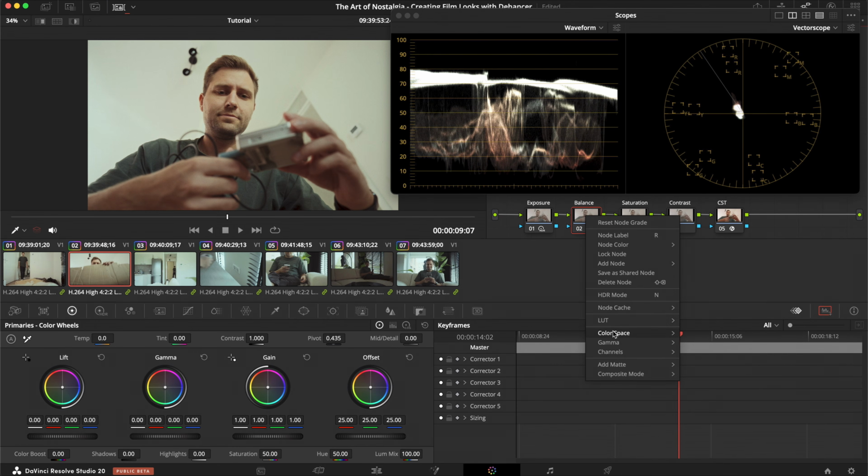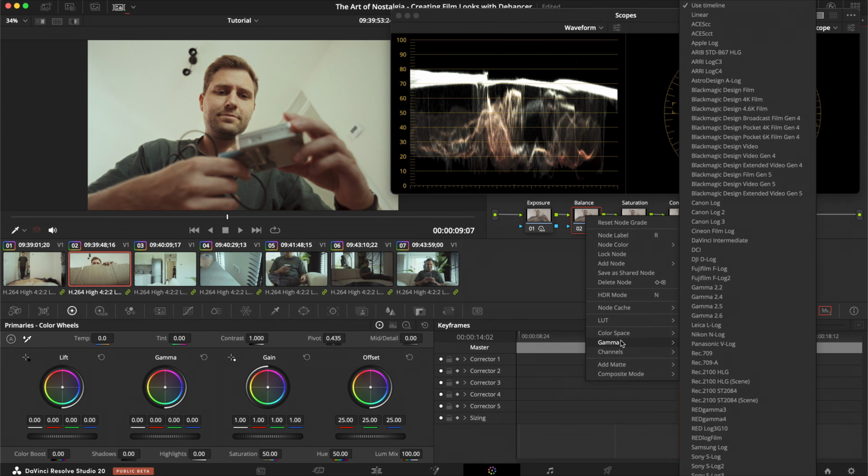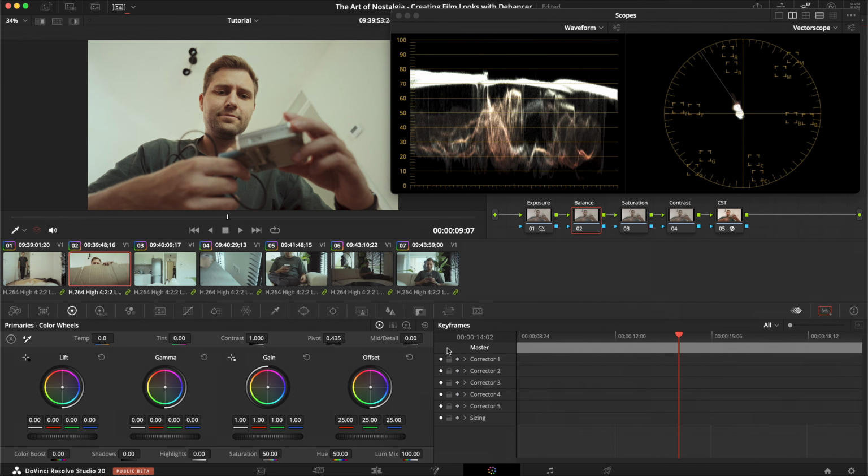In the balance, what we want to do is go to gamma and linear, and then we want to change the luma mix to 0. That is what we want to do on this level here. And that should allow us to, now we can move the colors around. So now you can see the blob up here is moving accordingly to what we are doing down here. So that is now a way where we can adjust the colors